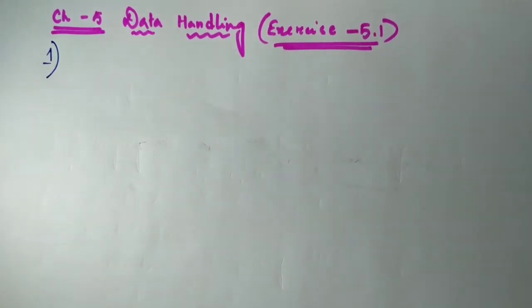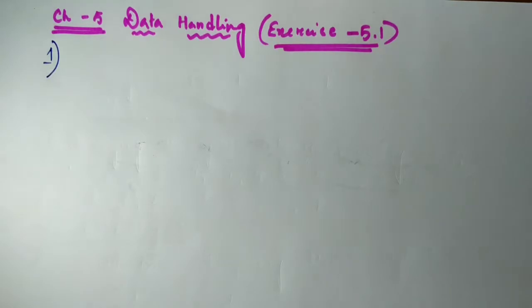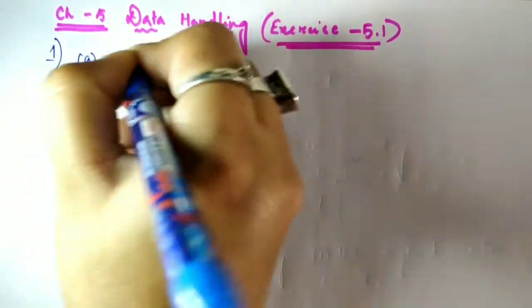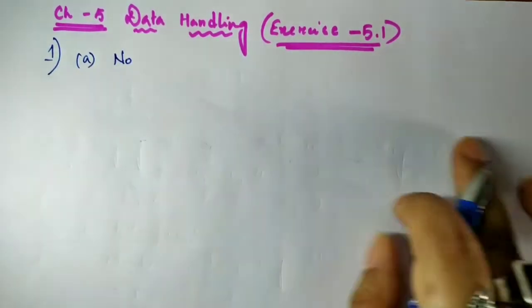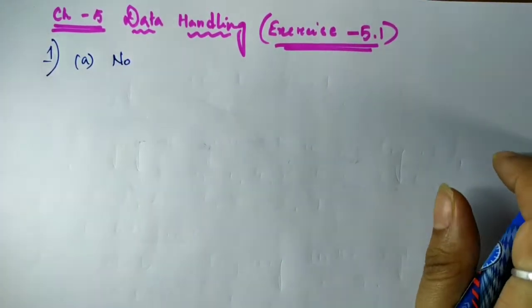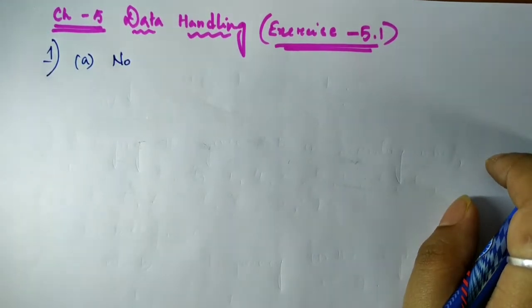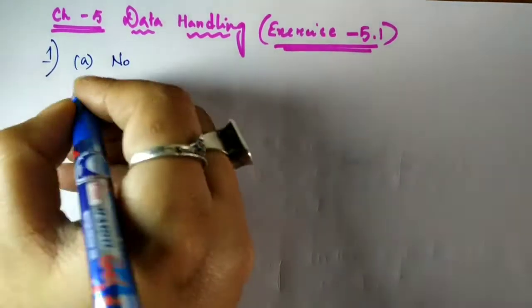So for the number of letters, whenever you have to make a histogram, the data has to be divided equally into class intervals. But here, we cannot divide the number of letters for different areas in a postman's bag. We cannot say a particular area will have 3 to 5 letters. No, that cannot be divided. So for A, it will be no, because we cannot represent this data in a histogram. Please write it in a proper way and give the reason. You can write the reason as: because it cannot be divided into intervals. You have to write the reason by yourself.